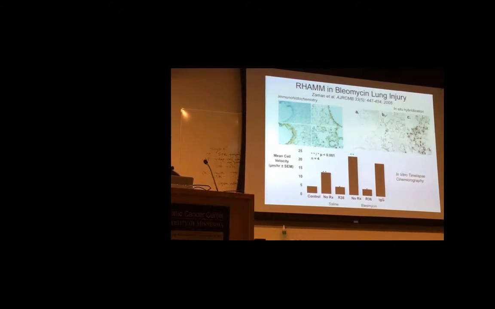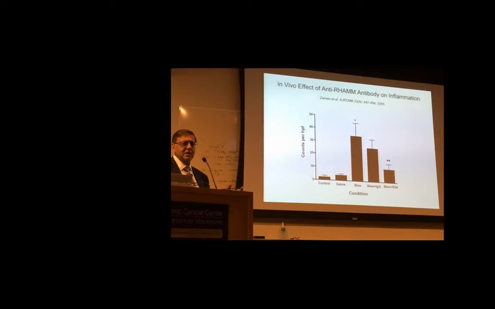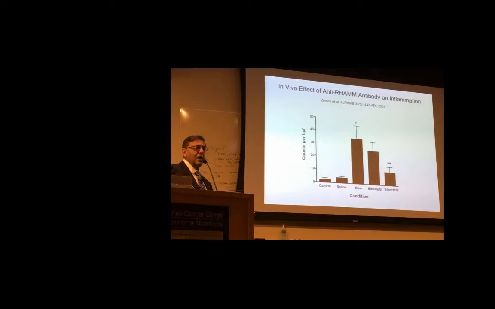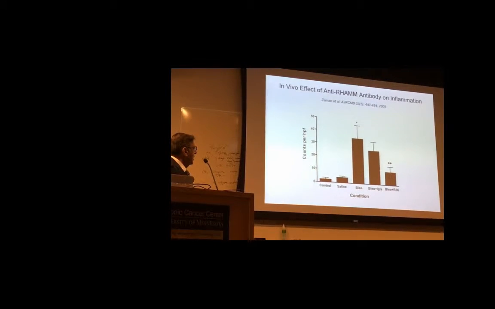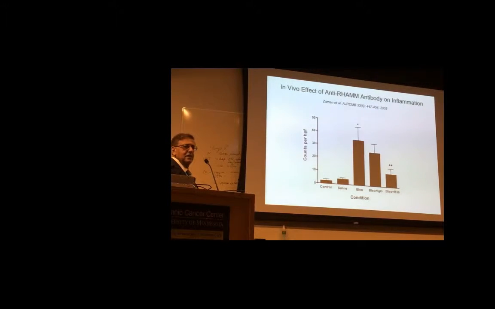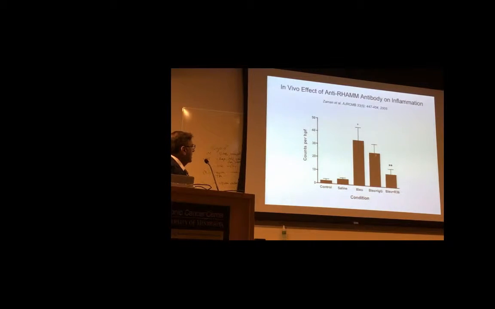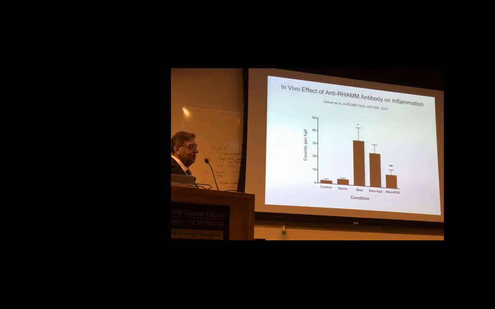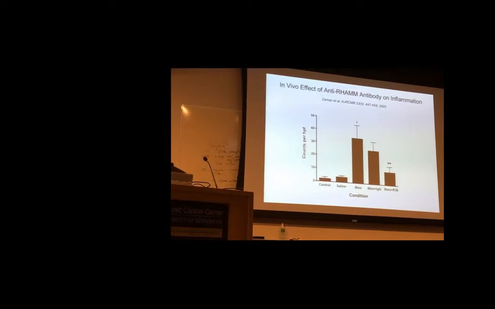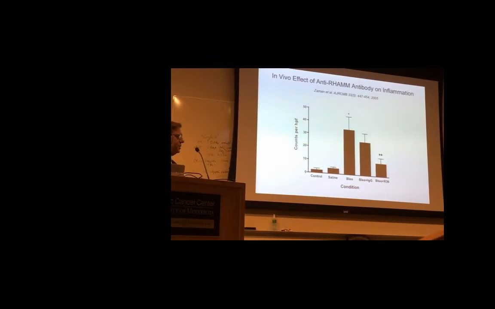So in order to examine that, we actually gave anti-RHAMM antibody, massive quantities of this antibody, to rats that were bleomycin injured. And we looked at ED1 positive cells again. Bleomycin injured animals again showed us the increased ED1 positive cells accumulating in the lung. IgG had no effect, and we had about a 60-70% effect of blocking the macrophage influx with RHAMM antibody,